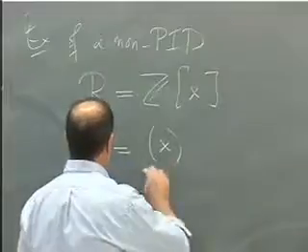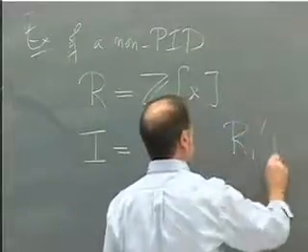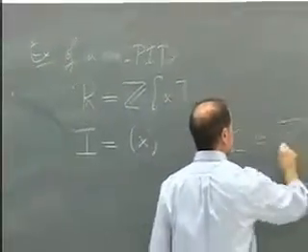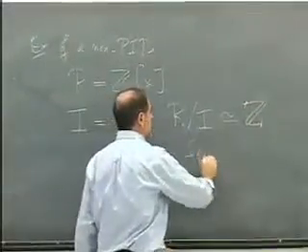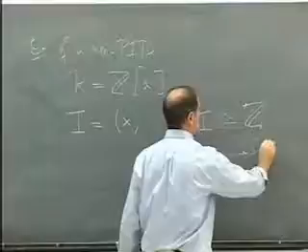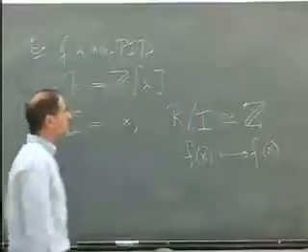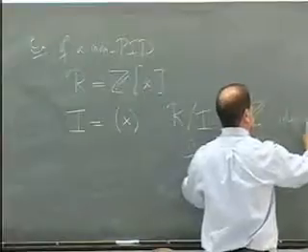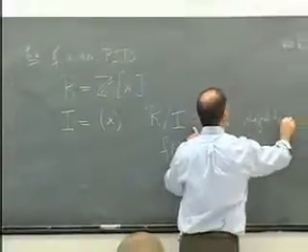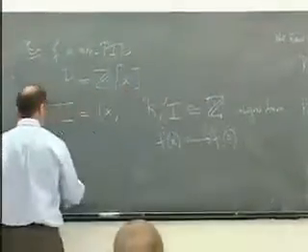So this is, and in fact, R mod I is isomorphic, as you showed on the exam, to Z by the map that takes f of x to f of 0. And this is an integral domain. So that shows that x is prime